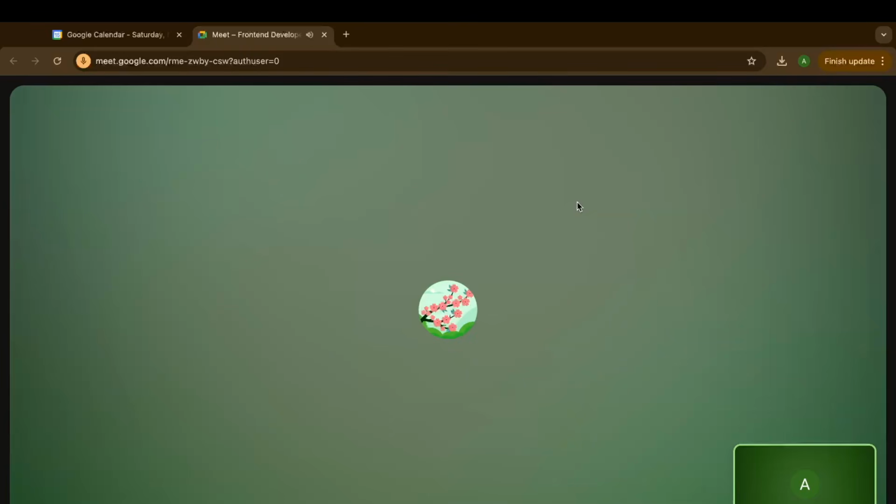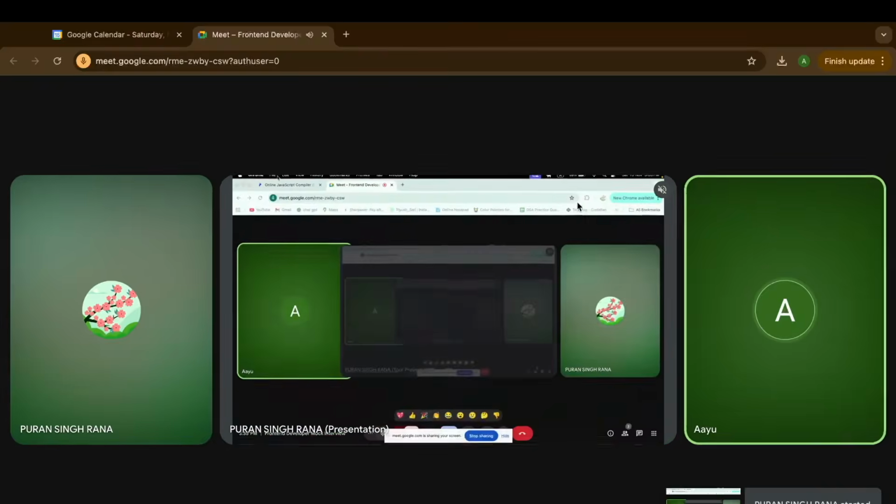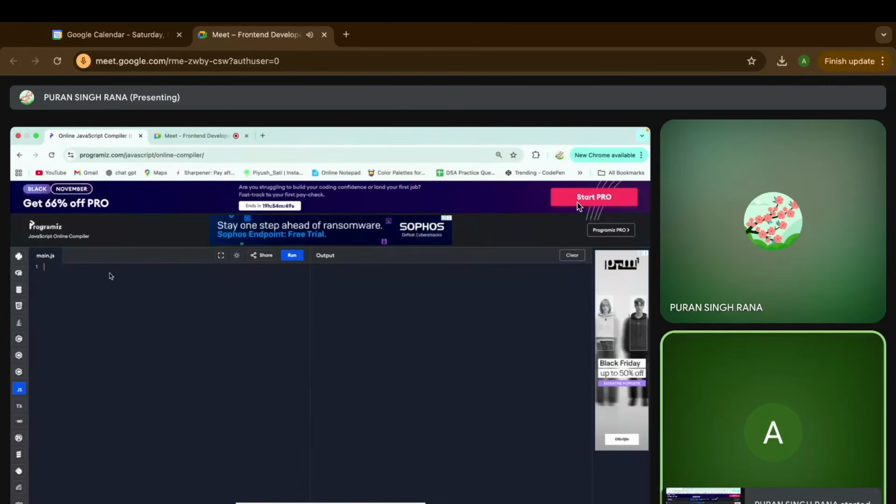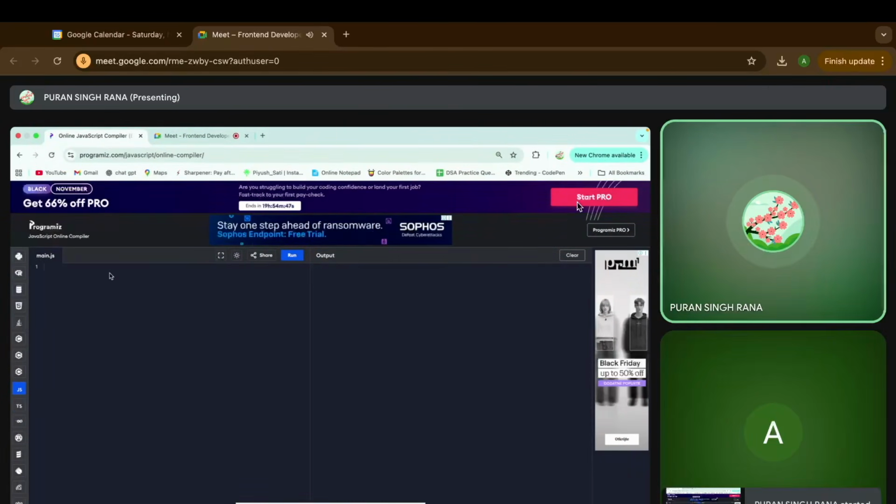Explain the difference between var, let, and const in JavaScript, with an example. You can share the screen, it's better, and give an example. So, var, let, and const are basically used to declare variables in JavaScript.